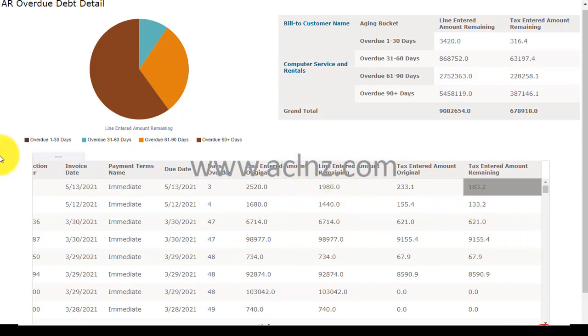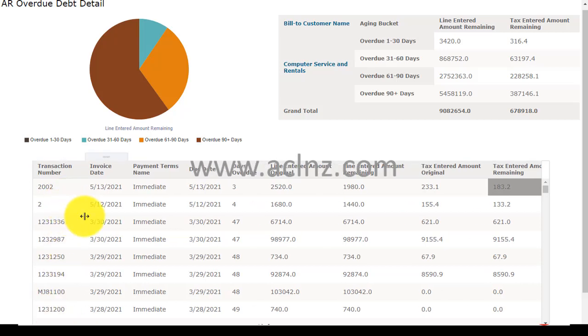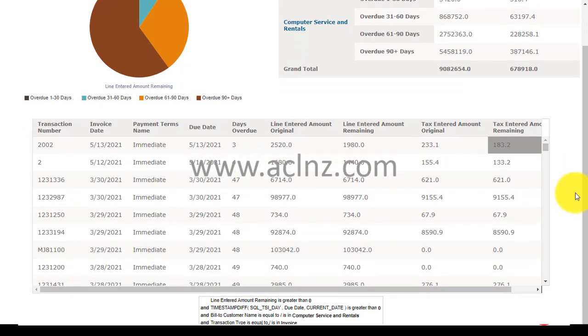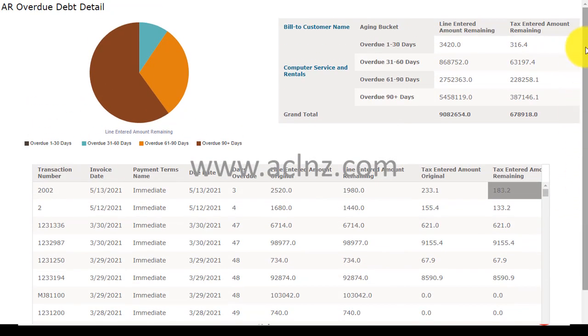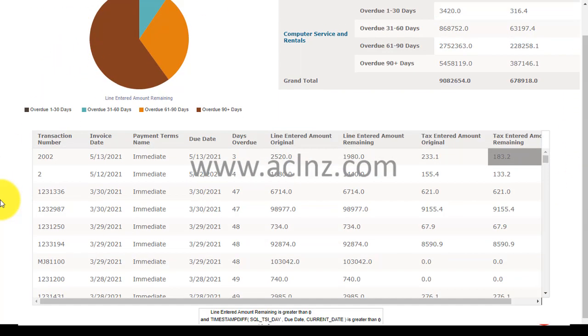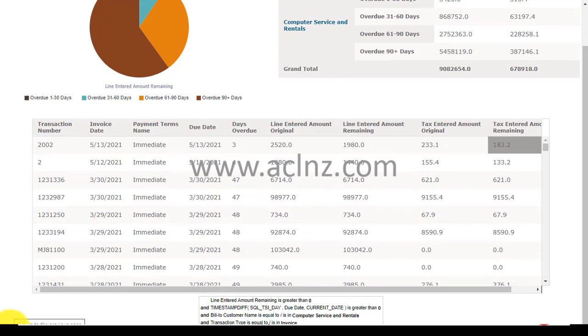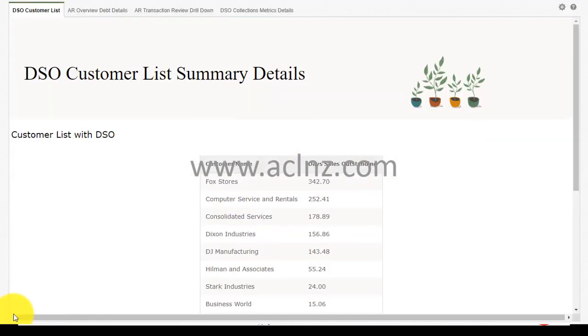Okay, so likewise you can see details of other overdue transactions listed below, right? And in fact you can go and open each of these transactions in other ways. So that's one way of looking at the transaction. So let me just go back. So that's the DSO customer list details